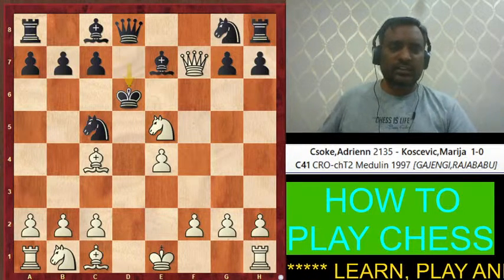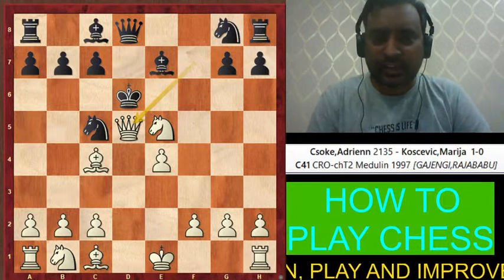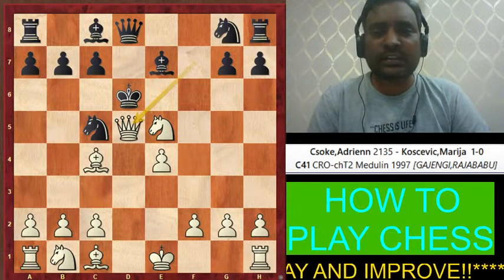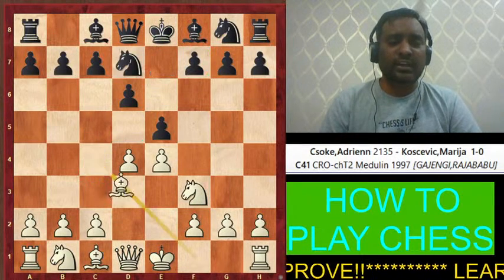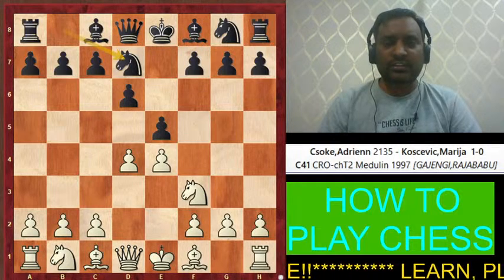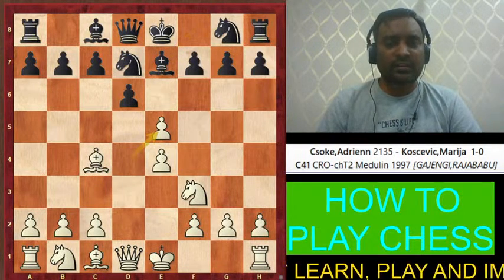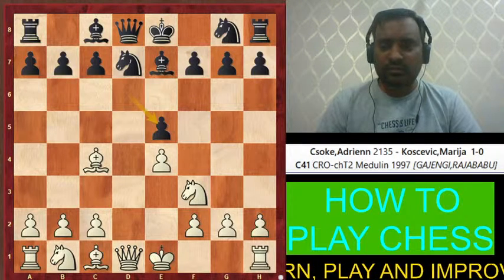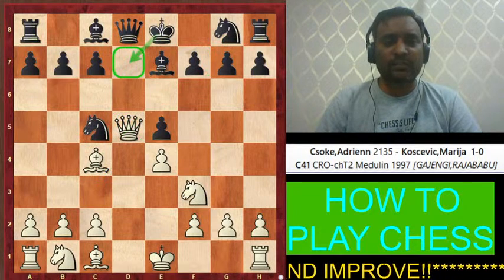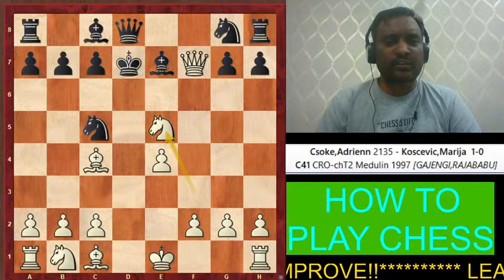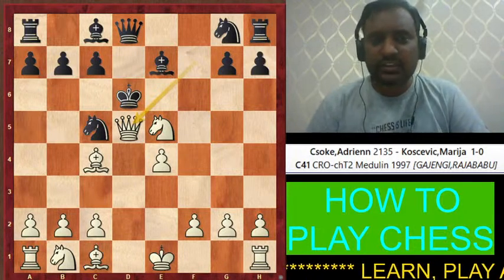Very good, Shoaib Sheikh is right. White can play queen to d5 and checkmate the black king, and this is exactly what happened in the game. Remember how the game happened. After this, black played knight to d7, white played bishop to c4, black played bishop e7, d into e5, queen d5, knight to c5, and queen into f7, king came here, knight into e5, king d6, and queen d5 is completely checkmate.